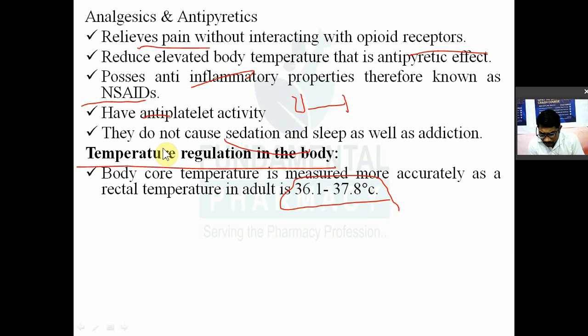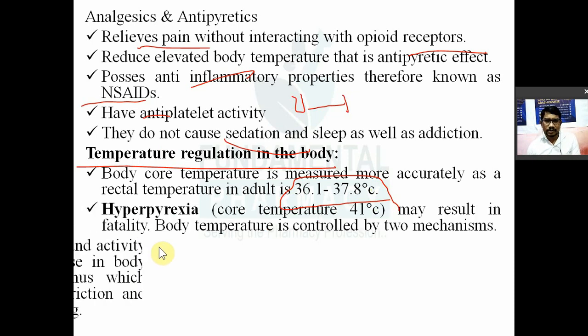Now suppose it is increased, so what will happen? Your body will try to bring down the increased body temperature to normal. Or suppose it is decreased below normal, what will it do? Your body will try to increase the body temperature up to normal. Now this is known as a temperature regulation mechanism. So you should know, यहाँ पे एक टेम्परेचर रेगुलेटिंग सेंटर होता है आपके हाइपोथैलेमस.